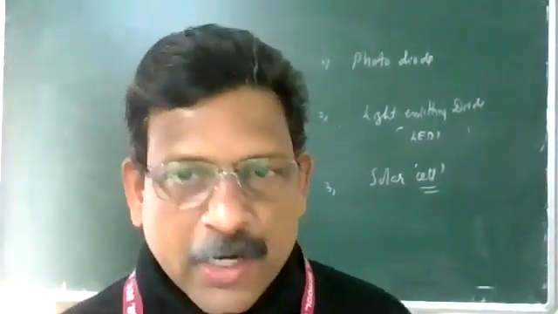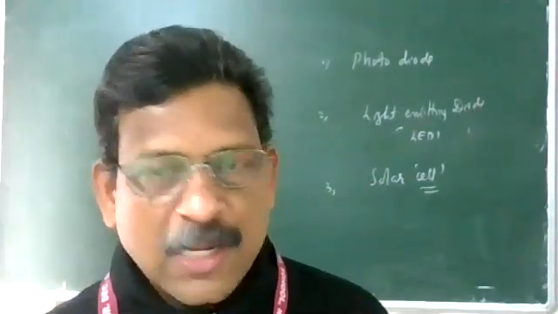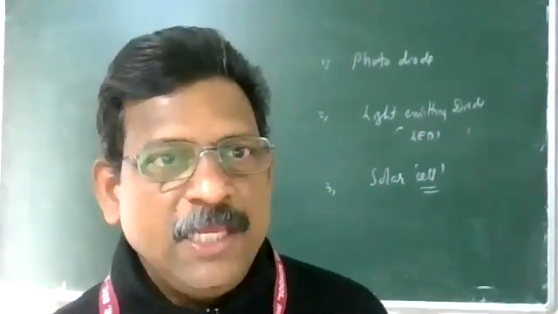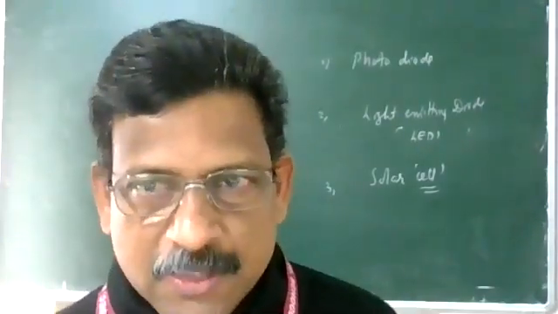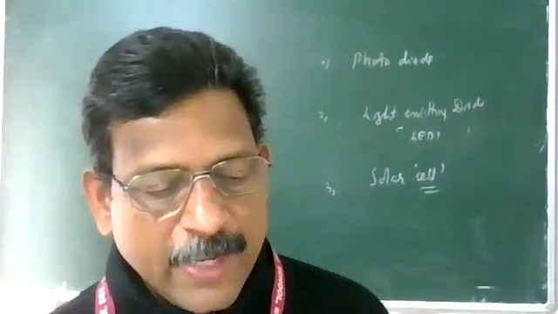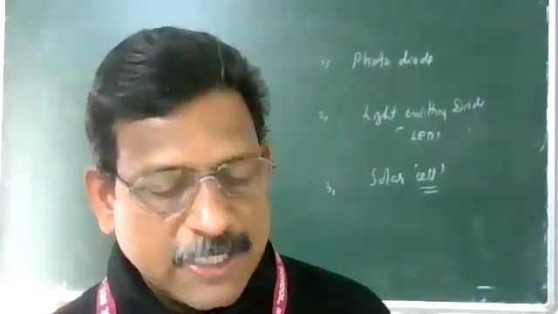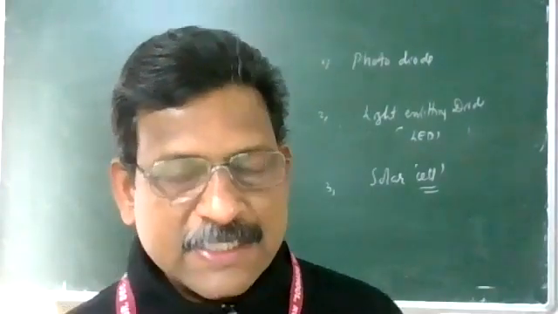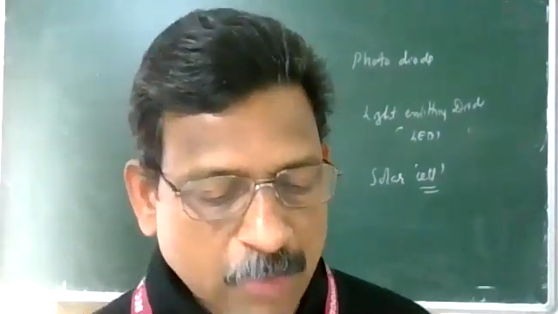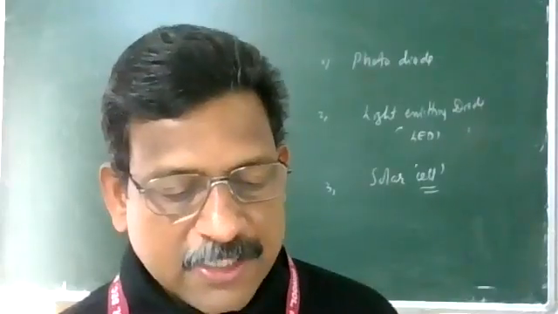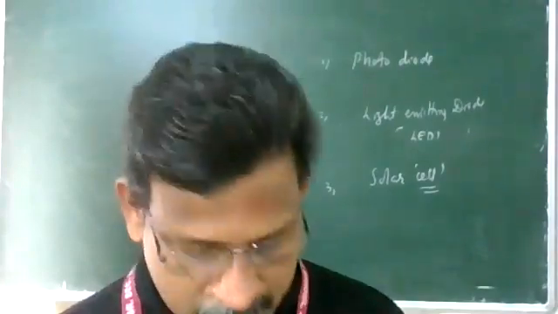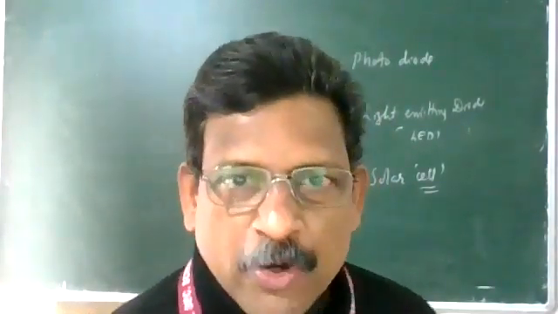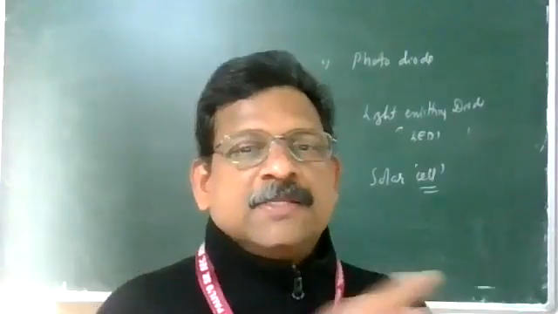When a photodiode is illuminated with photons of energy E equal to h nu, if it is greater than the energy gap of the semiconductor, then what will happen? Electron-hole pairs are generated due to the absorption of this energy. This diode is designed such that generation of electron and hole pairs takes place in or near the junction depletion region of the diode. So the main point is it is a junction diode connected in reverse bias.